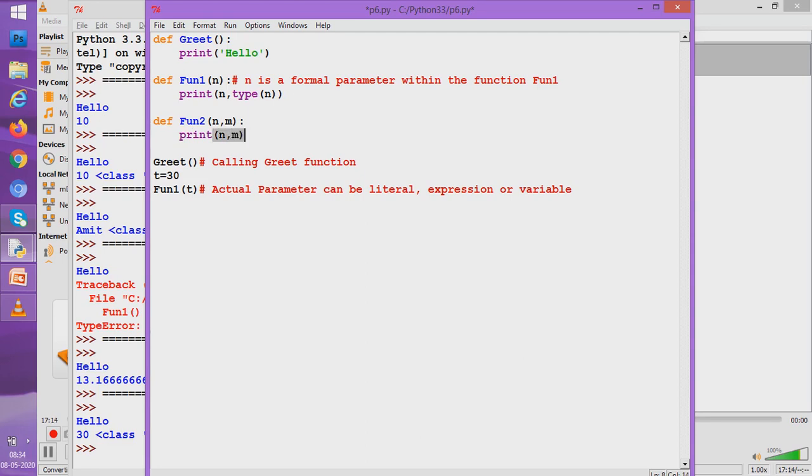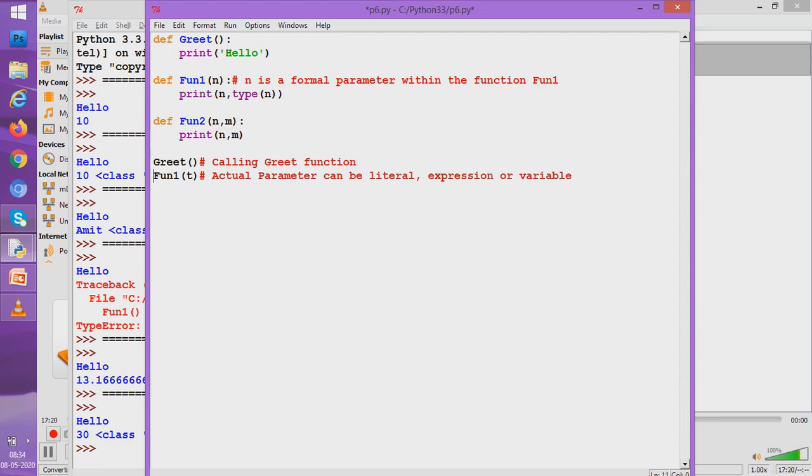And this time we are not going to even call fun1. Let fun1 rest for a few moments. We are going to call fun2 because we are now focusing on fun2. Now the question is, I have two parameters in fun2. How am I going to give the values to these two parameters? Because we all now understand that fun2 is not going to work for us if we are not passing n a value as well as m a given value. So both have to be given values while we are calling fun2.